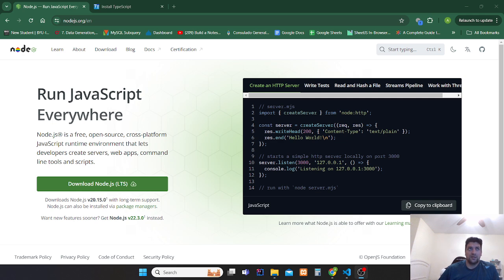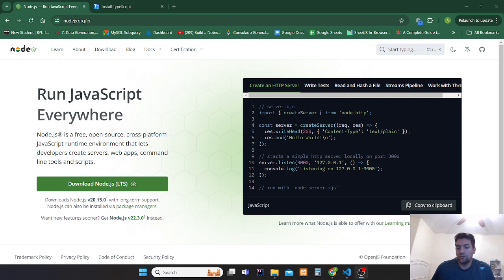TypeScript has something called static types. This means that you have to define what type of data, like a number or a string, a variable will hold when you write your code. This will help you catch errors before you even run the code.